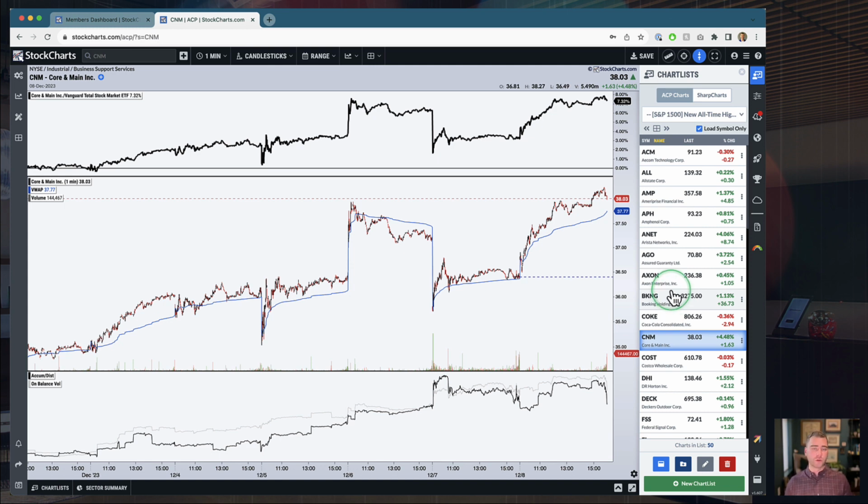I find this is also very helpful for my portfolio. When I sit down on the weekends to review my portfolio across different time frames, I want to take everything that I own and say, okay, how's it look on the weekly? How's it look on the daily? How's it look on the short-term intraday price action? I can do that very, very easily with this load symbol only checkbox, pulling up any of the different templates